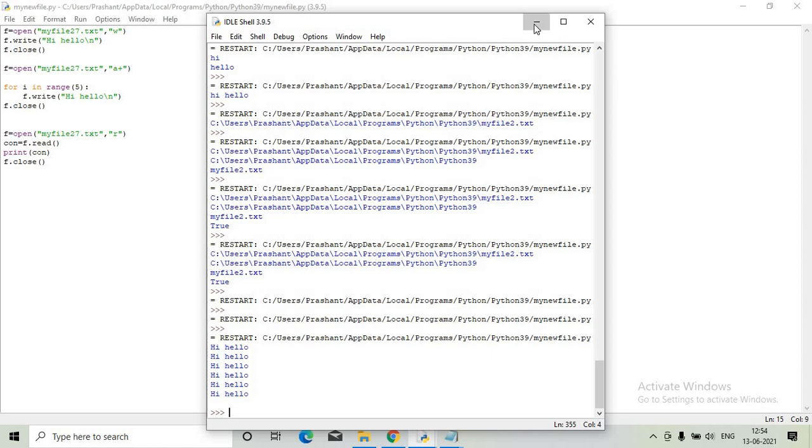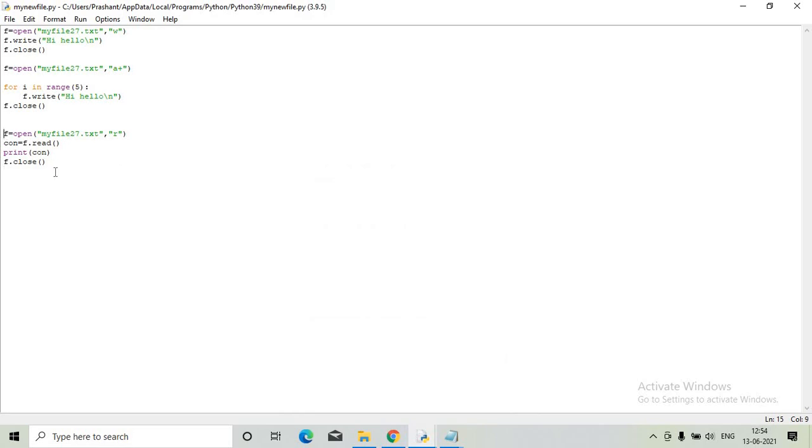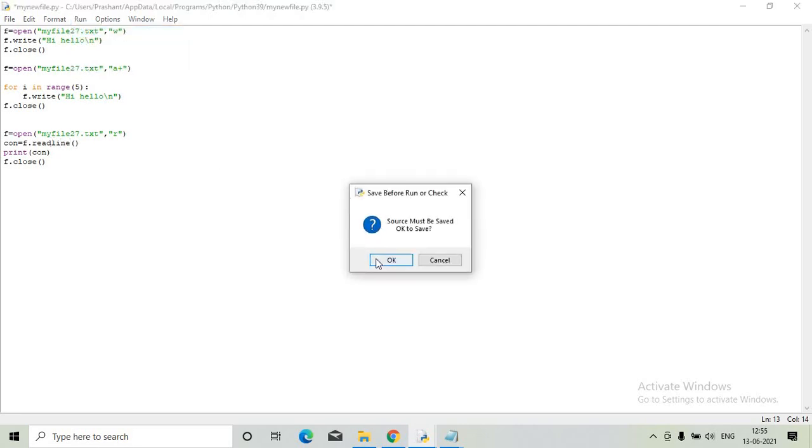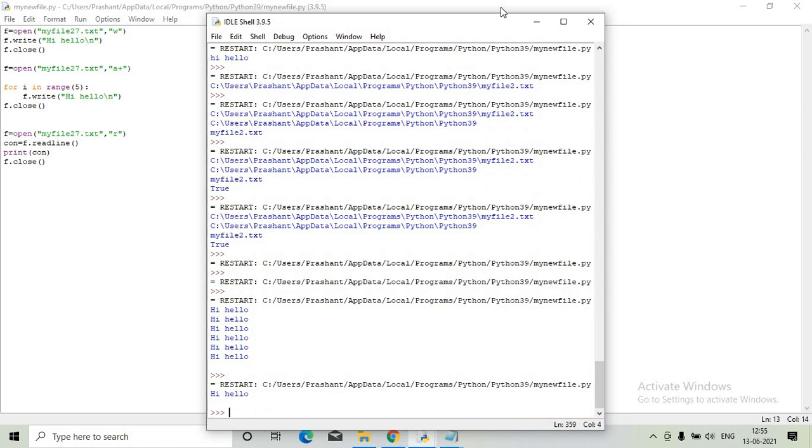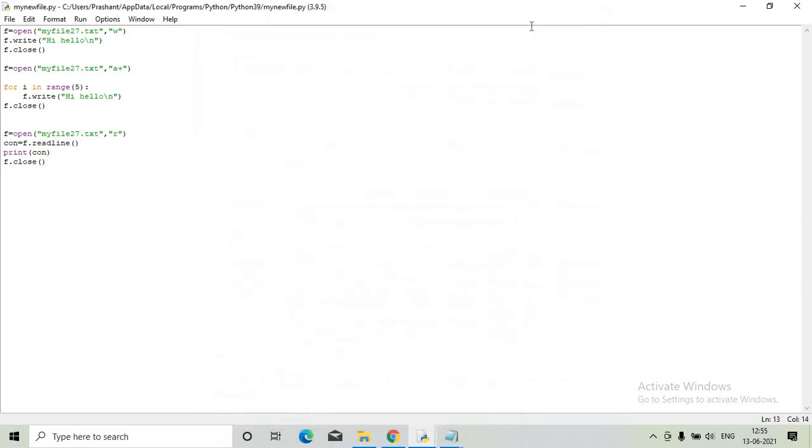I want to read using the readline command. I can also make use of a readline command. It will read by line. If I make use of the readline command, line by line it will read. This is how I can read by line, and again I can use readline one more time. It will read the next contents of the particular file. So this is how we can make use of the read and write functions in the file. So this is the use of Python.